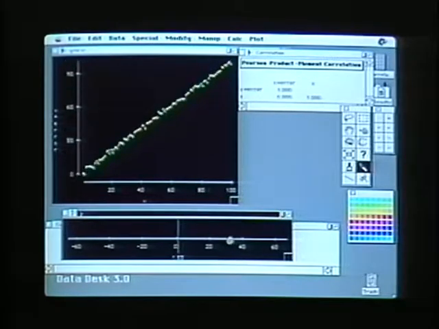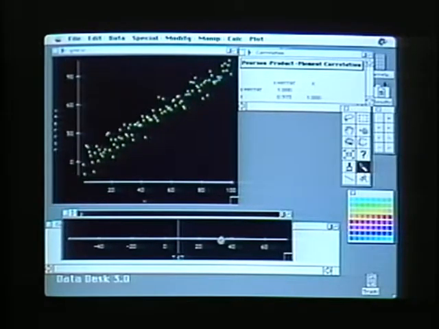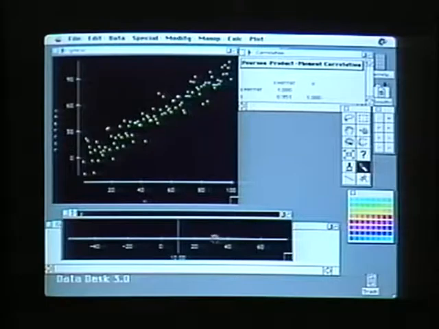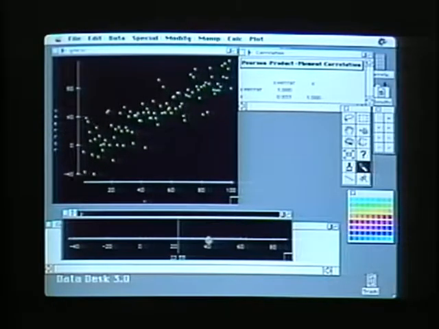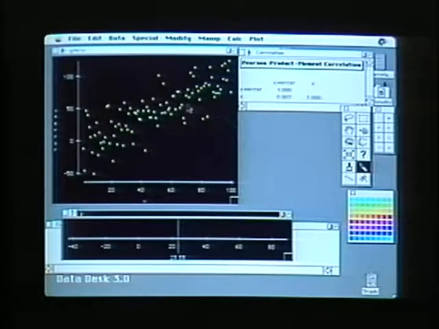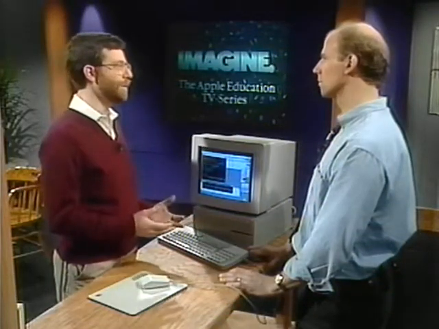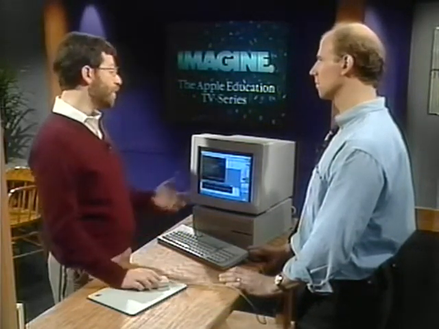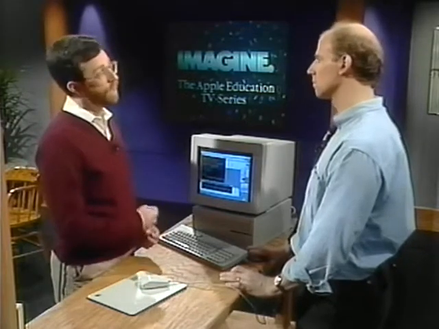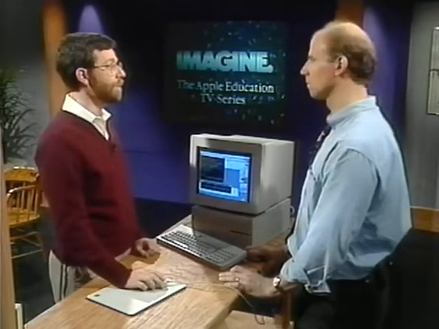If I grab the parameter, however, and push it, I'm adding more and more error to the data. Here I have a correlation of 95%, and you can get a sense of what 95% looks like in the plot. I can push it a little further, and here's 80%. So you can get a sense of how correlation actually looks. That's something I'm always asked whenever I teach correlation: what does 80% correlation mean? And one good way to show that is to just give students the chance to slide it back and forth for themselves and see what the relationship looks like.